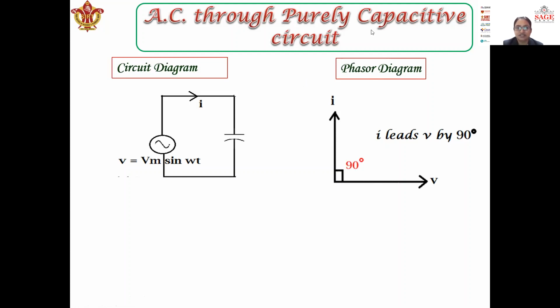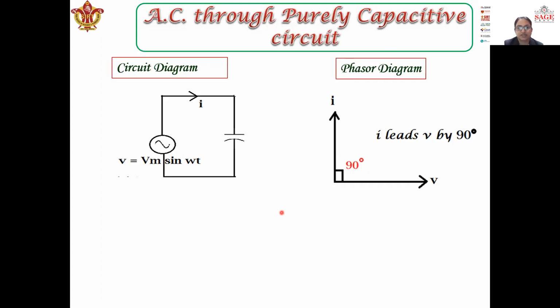So this phasor diagram is showing that current is leading voltage by 90 degrees, or we can say voltage is lagging current by 90 degrees. As we know already, when we go anti-clockwise from V to I, we see the angle between these two is 90 degrees, and the quantity which appears later in the anti-clockwise direction is the quantity which is leading, right? So here current is leading voltage by 90 degrees.